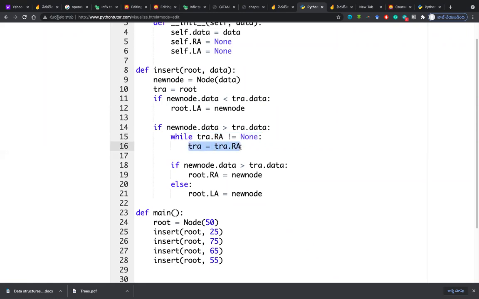But this time 75's right is none, so you will come here. New data 55 is not greater than this 75. So your traversal is still in 75. Did you understand?